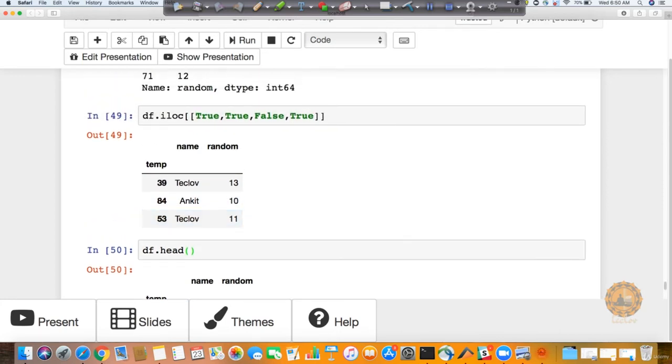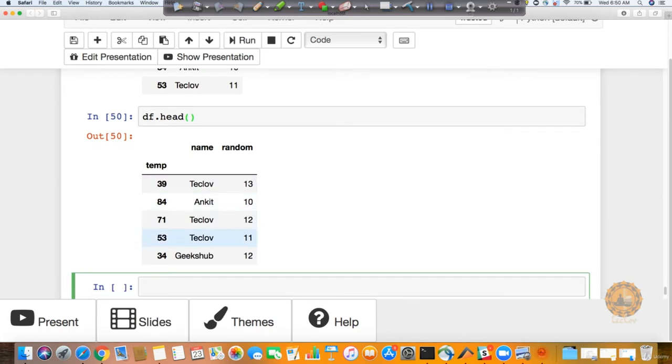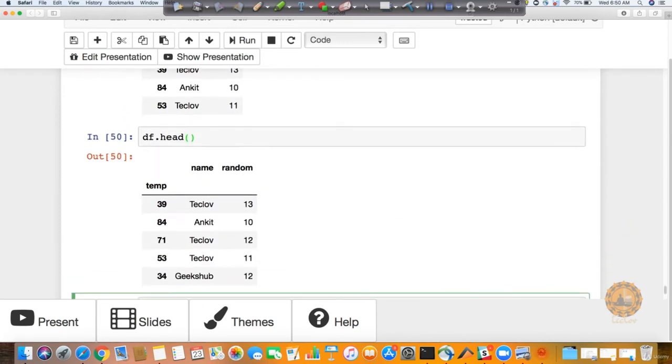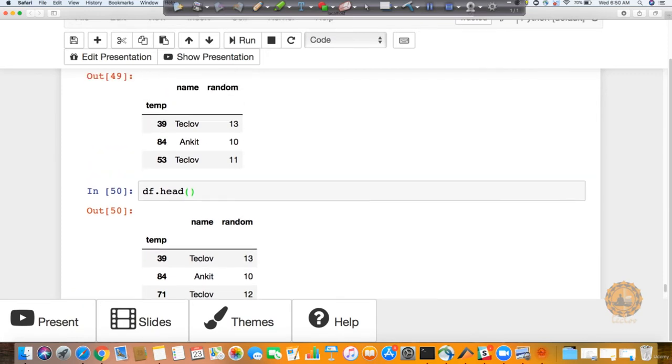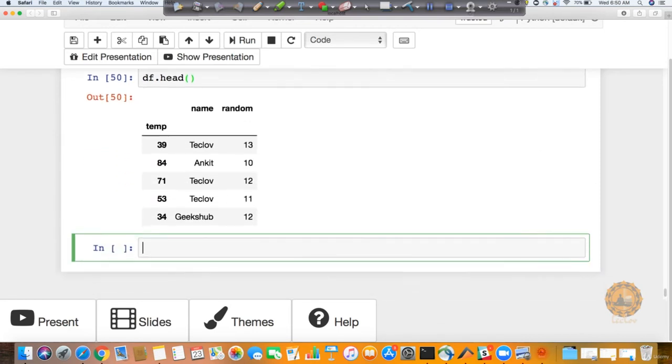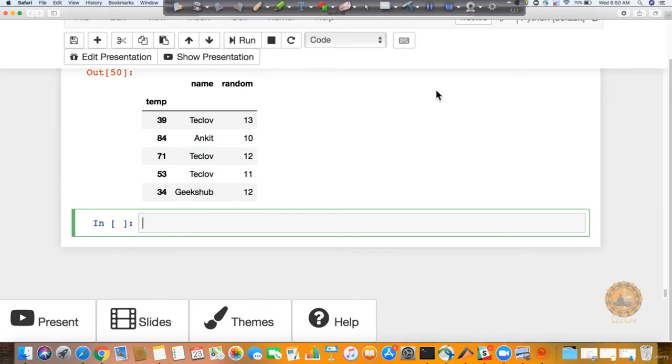Then the fourth row is true, the fourth row is 53 tech love, see this 53 tech love, and so on. After that, whatever rows are there in df will be considered false. So if you are not defining anything, it means comma false, comma false, comma false till your full data frame. So that is also another interesting way to look at using iloc.